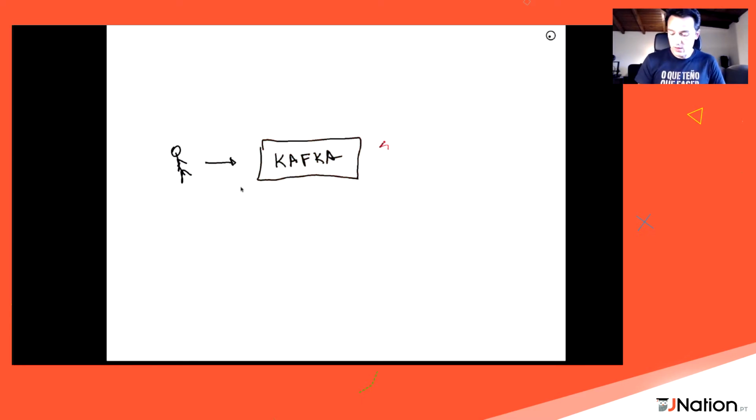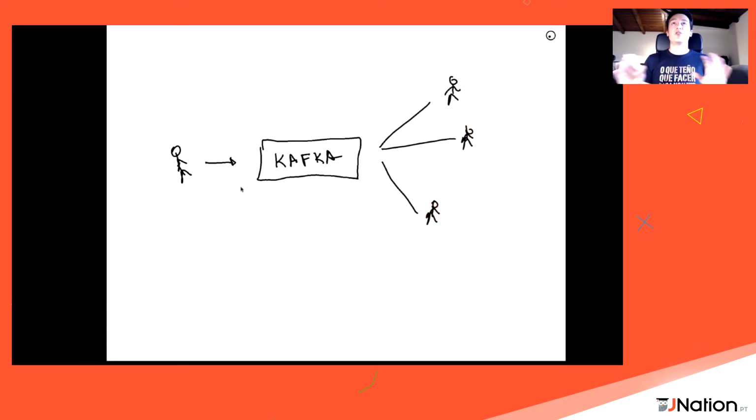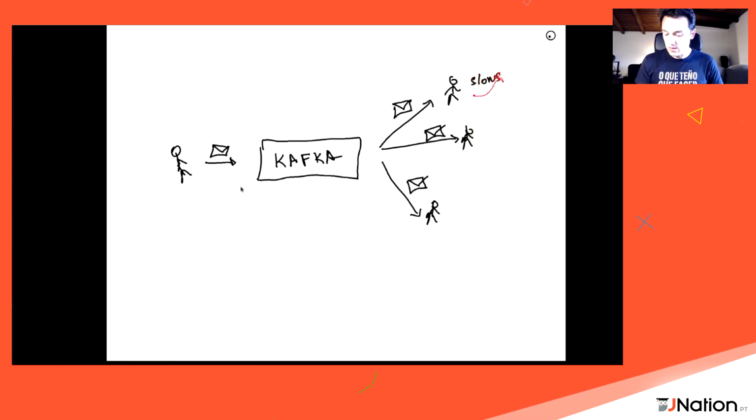And from here, we are going to have different consumers reading the data. When I say data, it's whatever you want: maybe strings, maybe JSON files, maybe CSVs. Kafka really doesn't care about the format. So we send the data, and this is one of the benefits of Kafka, it is able to send that data to all the different consumers. All of them are going to receive a copy of our data. If one of those consumers is slow or has problems, the other consumers are not going to be affected.